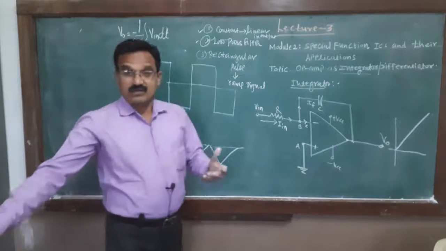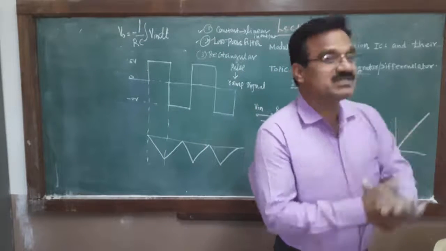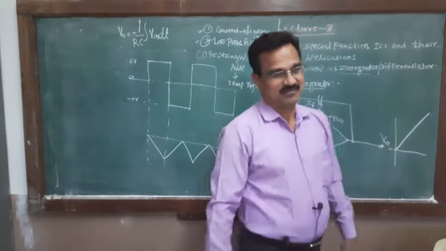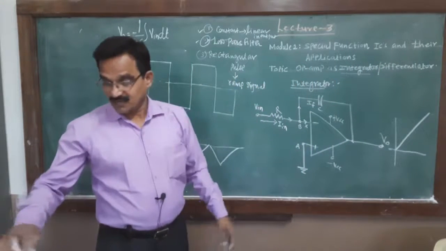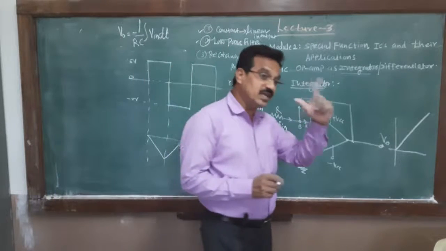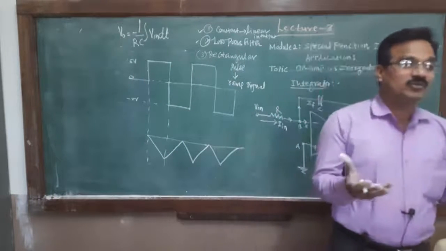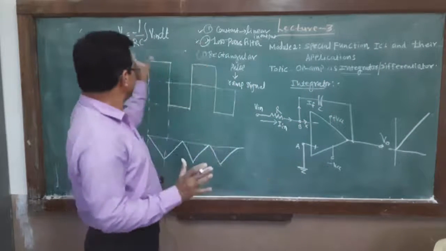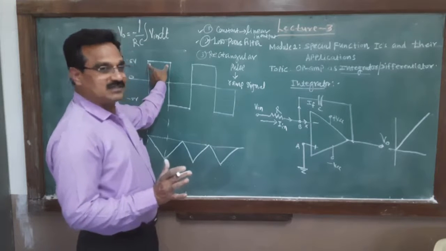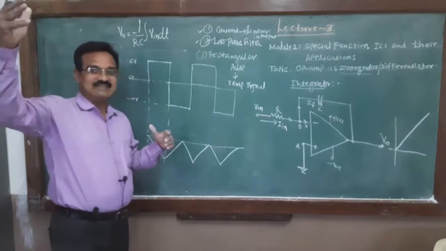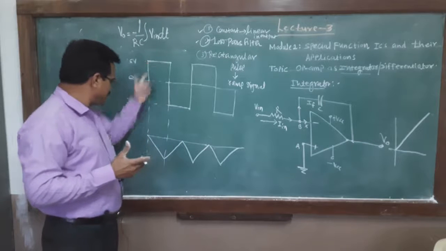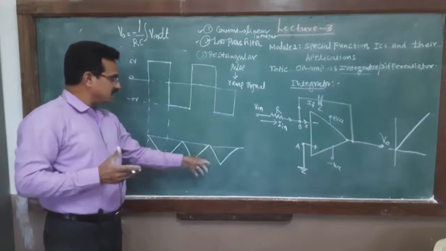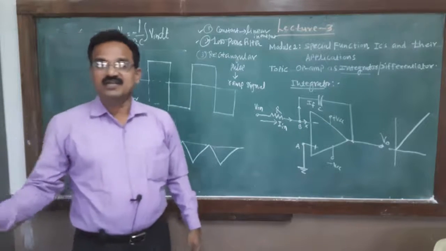Means when the square wave is given to the integrator, we get the triangular wave. Remember, these points are necessary for the next explanation. How will you obtain the triangular wave from the square wave? The reason behind it is that the integration of a constant is a linearly increasing ramp, and for this duration linear decrease, for this duration linear increase, and we get a triangular wave.